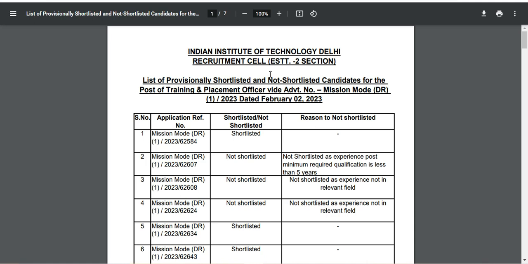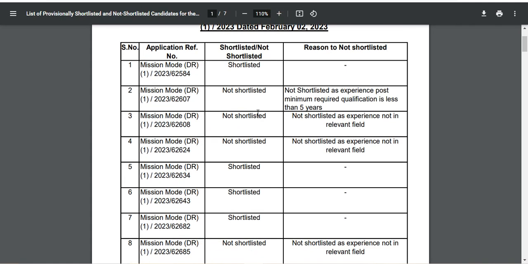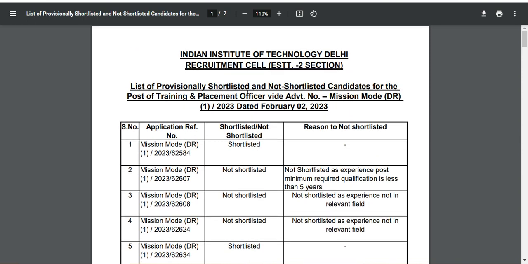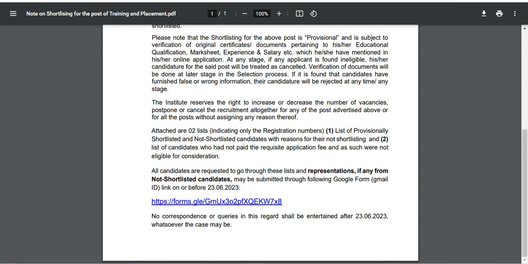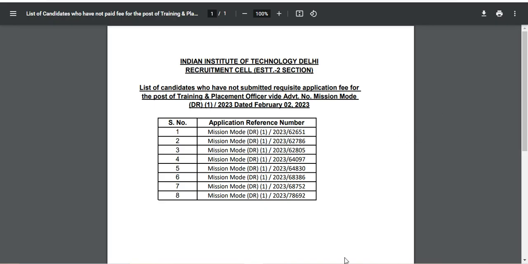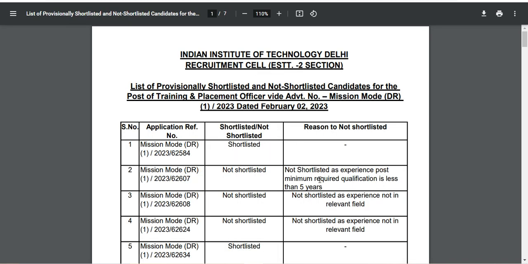Now let's see what type of list they have published and how they will be listing in the future. This is the list with only the application number. There is no name in this list. Through the application number you can check whether you are shortlisted or not shortlisted. If not shortlisted, then there would be a reason in front of your application number. You can see what reason they have given for not shortlisting you, and you have been given time till 23rd of June. Today is 18th, so up till 23rd of June you can file your representation, and another list